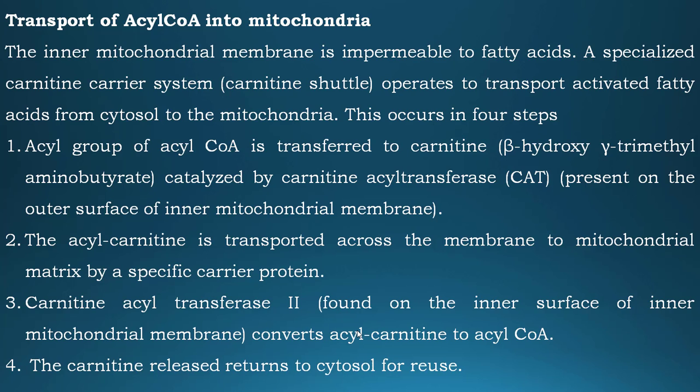place in four steps. First step, the acyl group of acyl-CoA is transferred to carnitine, and that reaction is catalyzed by carnitine acyl transferase 1. It is present on the outer surface of the inner mitochondrial membrane. Then the second step, the acyl carnitine is transported across the membrane to the mitochondrial matrix by a specific carrier protein. In the third step, carnitine acyl transferase 2, present on the inner surface of the inner mitochondrial membrane, converts that acyl carnitine to acyl-CoA, and in the fourth step, the carnitine is released and returns to the cytosol for